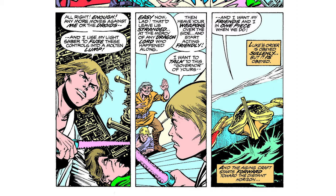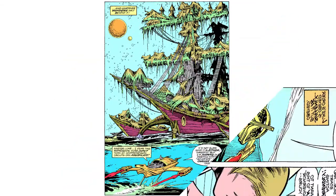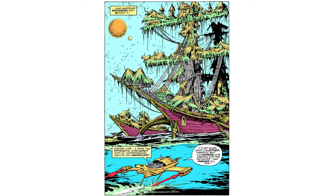Sullenly. And the aging craft starts forward towards the distant horizon. They always skip, like they'll just get there now. Oh, yep, there you go. And whatever wonders wait beyond. What did they talk about during that time? I'm always curious. He's just standing there pointing his lightsaber at him for like hours. Yeah, like hours later, and they get there. It's like, you guys just...